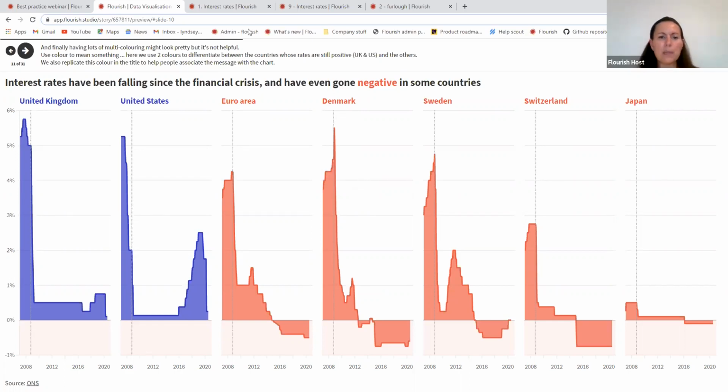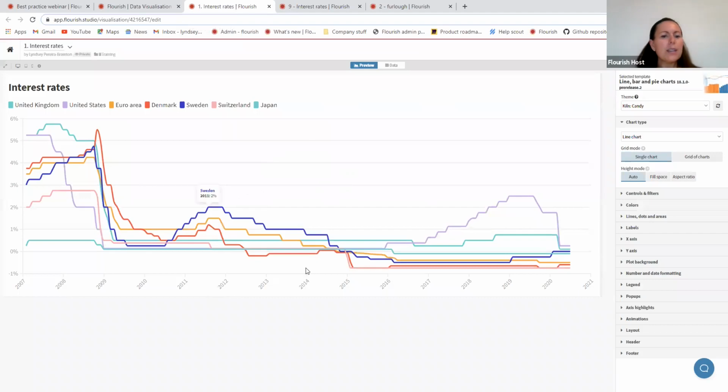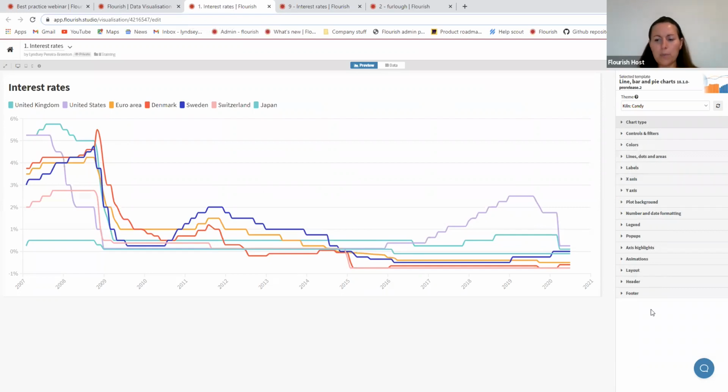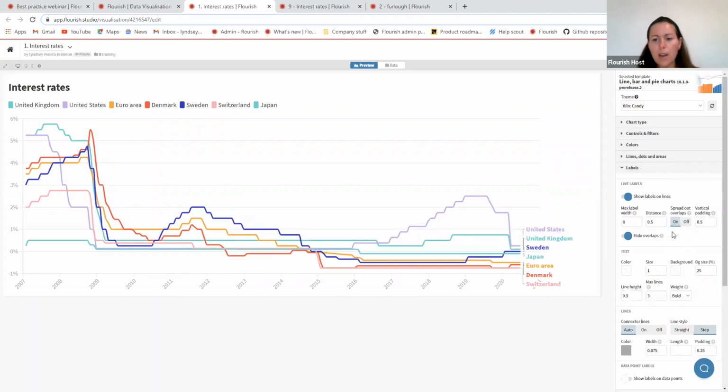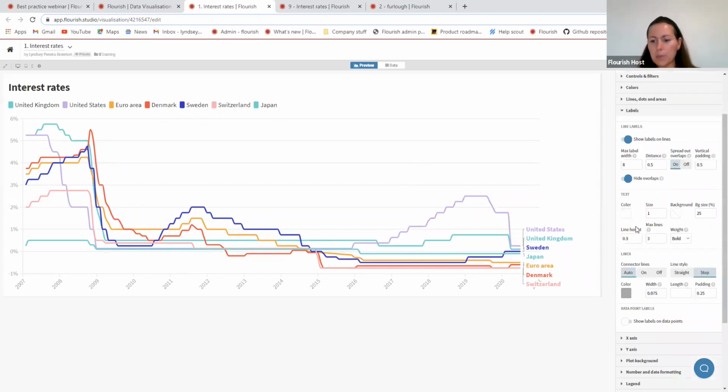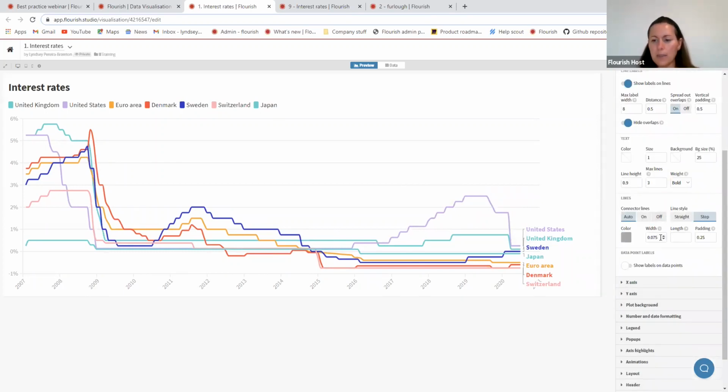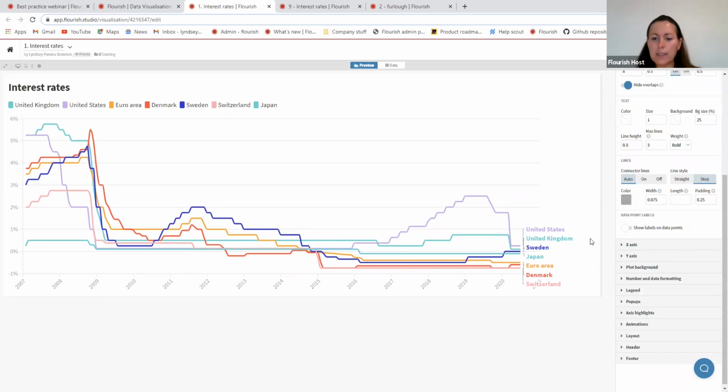But I'll just jump into the editor to show you how to do some of these things. So this is what we started off with. And I'm sure most of you are familiar with all these different options in the editor. Again, here, this is where you can put your chart title in, your descriptive chart title. And this is where you can add labels on the lines. So you don't have to have this legend anymore. This is a new feature of our latest template, these line labels,